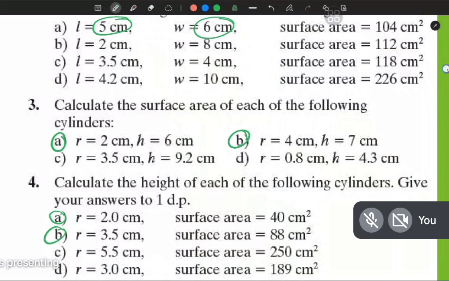सर, डन। बता। सर, पहले वाले का 1.9 है। 1.9 है, कैसे किया? फिर 40 इक्वल्स टू 2 पाई r स्क्वायर प्लस 2 पाई r h। 2 पाई इंटू 2 का स्क्वायर इक्वल्स टू 8 पाई प्लस 4 पाई इंटू h।